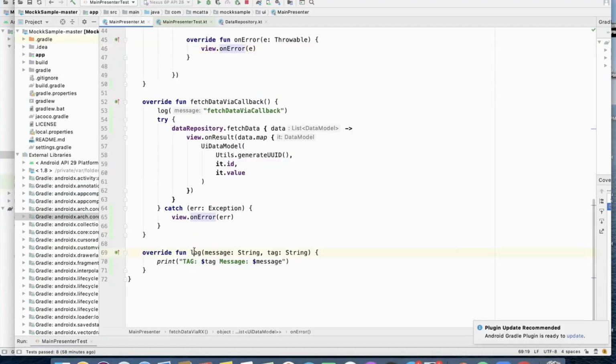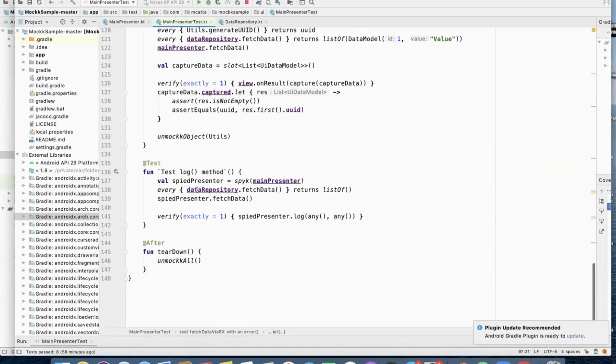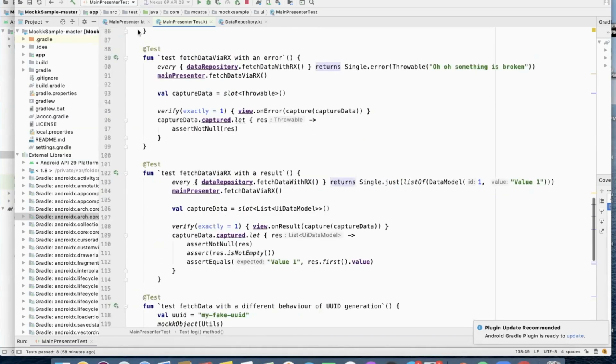And here we have the log method, and this method gets called in each of the fetch methods in the class. So we can even write test cases for this log method. For that, I have created a spy of the presenter. I have called the fetch data method, and I'm returning anything, because